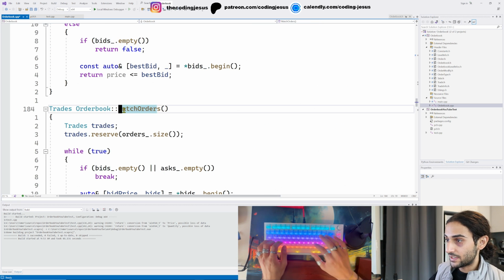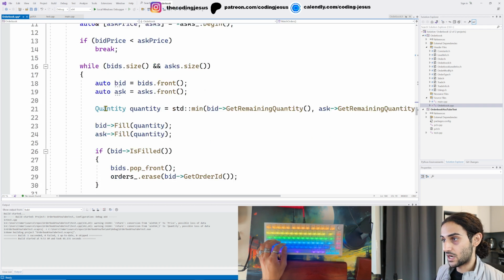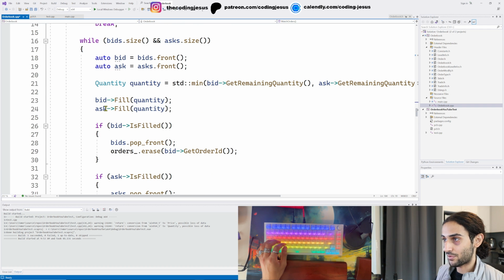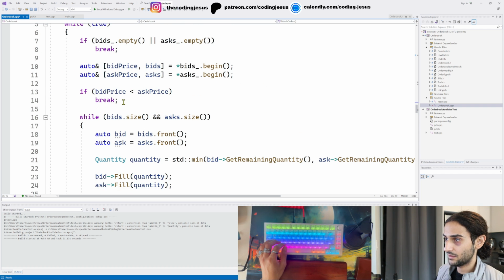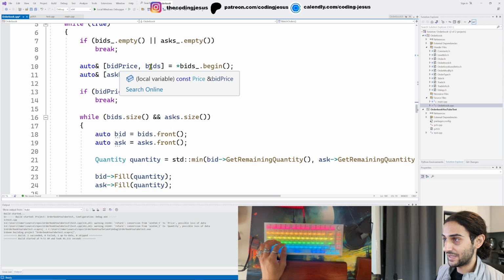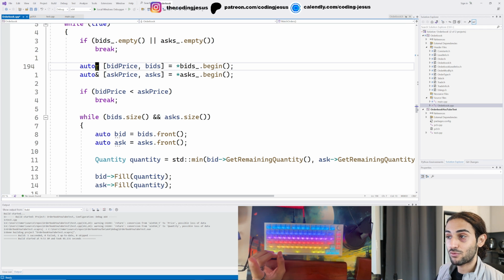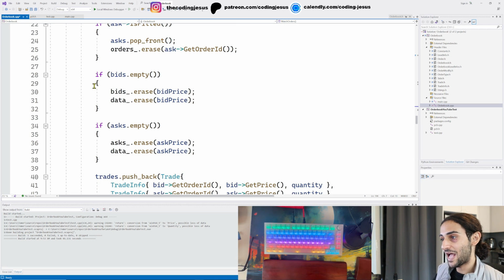The next one is in match orders. So if you scroll down here, it's the exact same problem. Okay? I have a reference to bids and asks. Now, I don't want to get rid of the reference here because I don't want to make needless copies of those levels, which could be millions of orders long. What ends up happening is